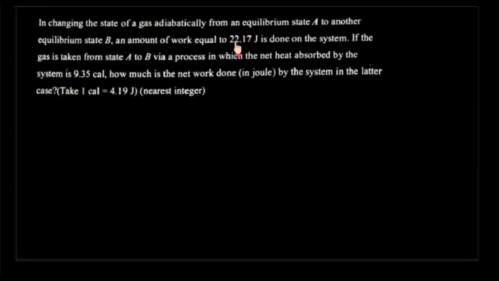Work done is 22.17. By the first law of thermodynamics, dQ is equal to dU plus dW. dQ is equal to 0 here, therefore dU is equal to minus dW, and therefore dW is equal to minus 22.17, so dU is equal to minus